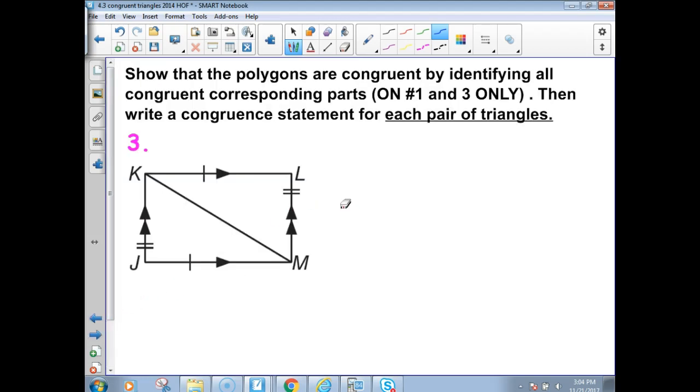All right, let's try number 3. We're going to be writing down the parts, okay? So on this one, I got to warn you, there are going to be some angles that cannot be single letters. So let's start with the angles. I can do angle J congruent to angle L, okay? Because these guys are, oh, my pen's stuck, and I don't know why it looks like an eraser today. It does that often. All right, that's the last time I can just use one letter, because the rest of them are attached to each other. If I go up here and name that angle JKM,